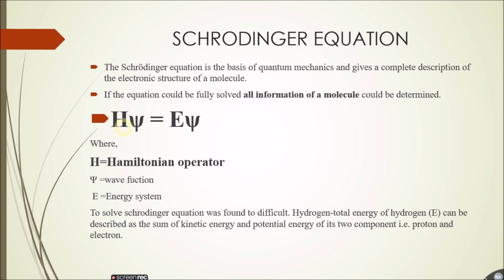Here you find the term H, which means the Hamiltonian operator. The Hamiltonian operator starts with your Schrödinger equation. Psi is your wave function and E is the energy of the system. The Hamiltonian operator is a very important operator. You can call it the total energy operator, a combination of the kinetic energy and potential energy of the electrons as well as the nuclei in a molecule. So the Hamiltonian operator holds a lot of information about the molecule.